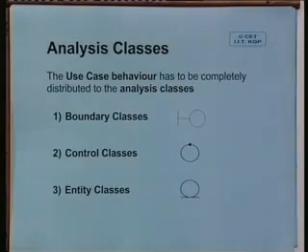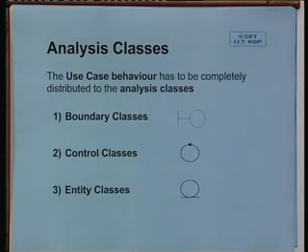Now, there are 3 types of analysis classes. The use case behavior has to be completely distributed to these 3 types of analysis classes. What are these 3 types of analysis class? The first one is called the boundary classes, the second one is the control classes, and the third one entity